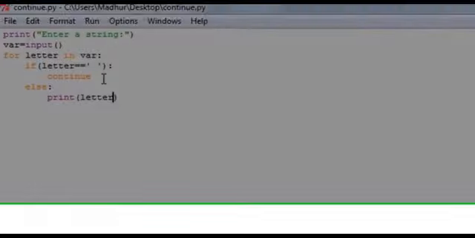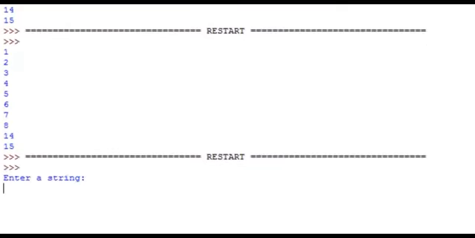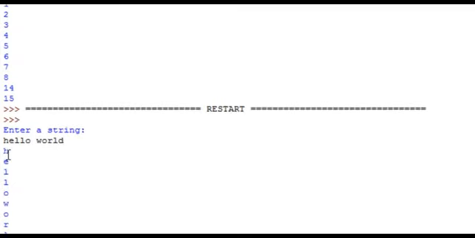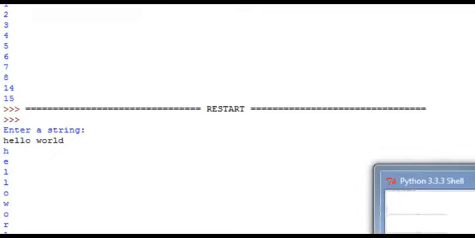So I'll save this file, and when I run the program, I see the message enter a string. So if I type in something like hello world, which has one space character, and press the enter key, I see HELLO, and then I see world. So the space character between the O of hello and the W of world is missing. That's not displayed, right? So that character was present in the string, but since we've used a continue statement to